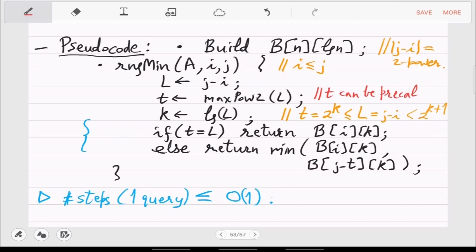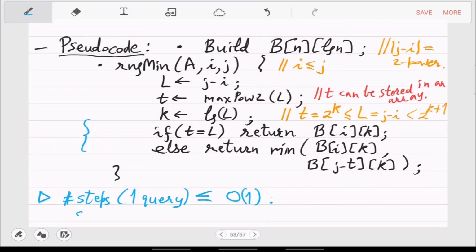You don't have to calculate it in every query. So the important thing is this if then else, and that is only constant.